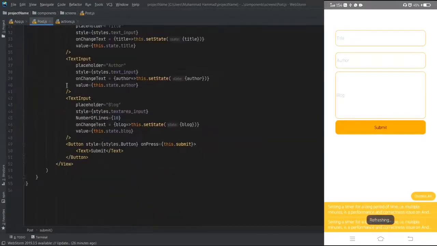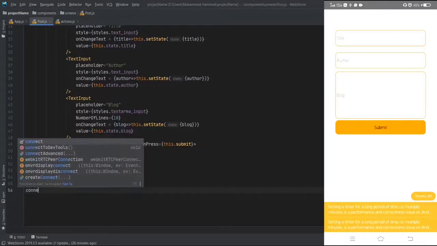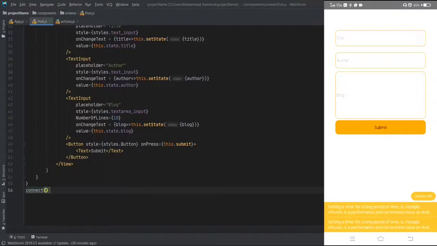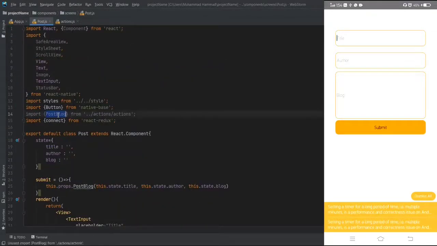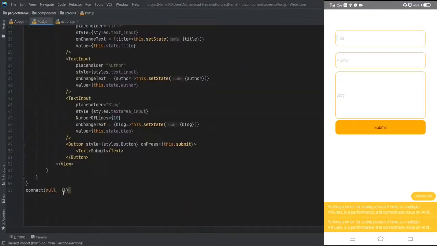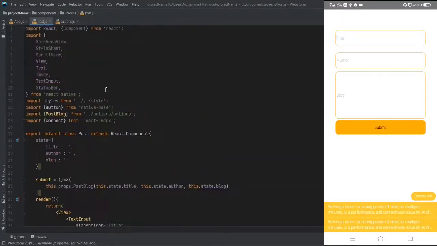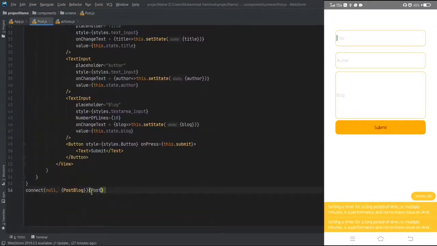We have imported the connect function, and now let's connect our post blog function to our class. And inside this connect function I am going to pass null, and then I have to pass the function name, which in our case is postBlog, and here we can define the class name, which in our case is Post, like this.